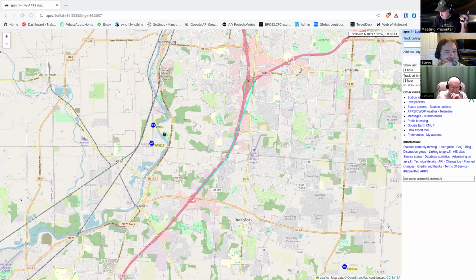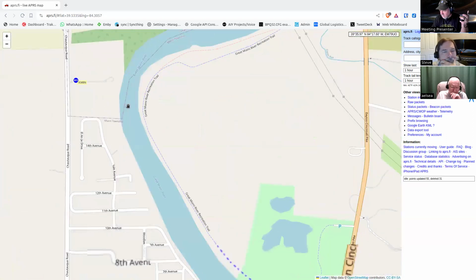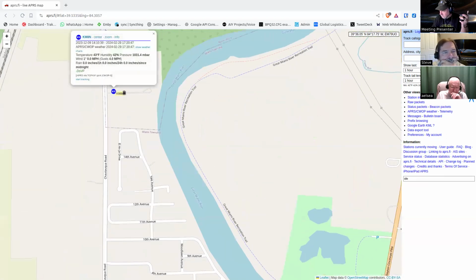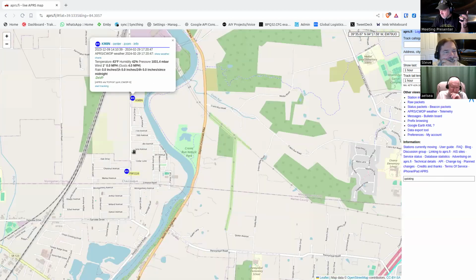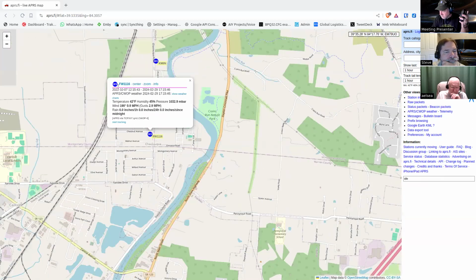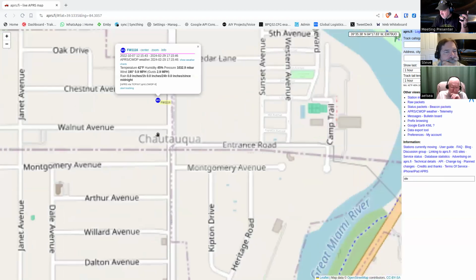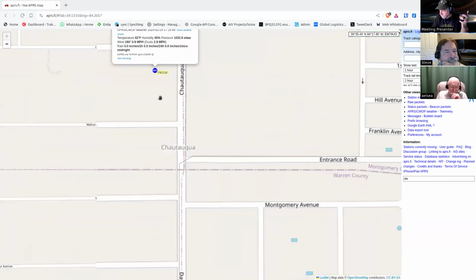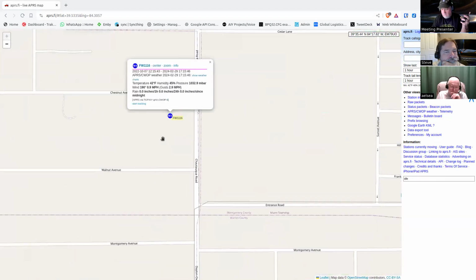This one here, KM8N, looks like a ham call sign. And this one here, FW1116, is a citizen weather observer. So they can get into the APRS system as well.